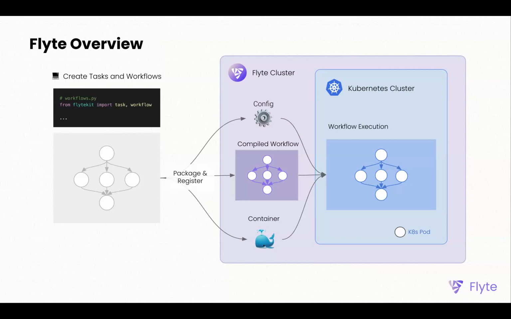Along with that workflow, I also have a container that I've built. So it may be a Docker container, and then some configuration, which is not super important. The bet that the Flyte team made is that we wanted to use something robust and very flexible, also intimidating, but Kubernetes was the answer to this, where Kubernetes is a container orchestration technology, right? So Flyte is built on top of it and adds a lot more functionality, but at the base layer, it allows you to essentially spin up pods.